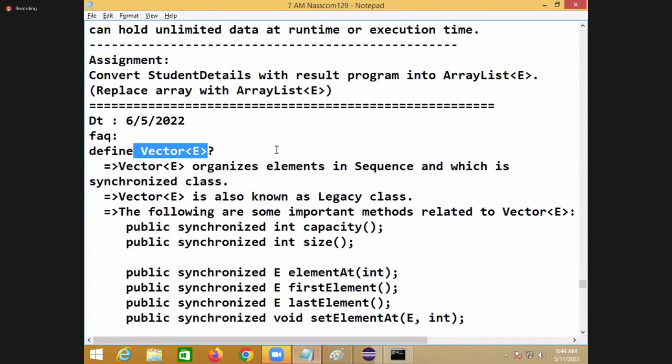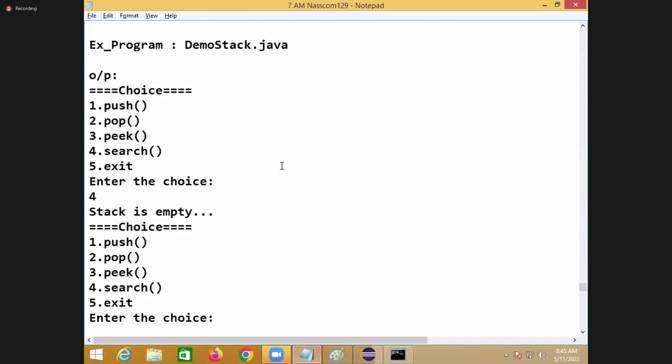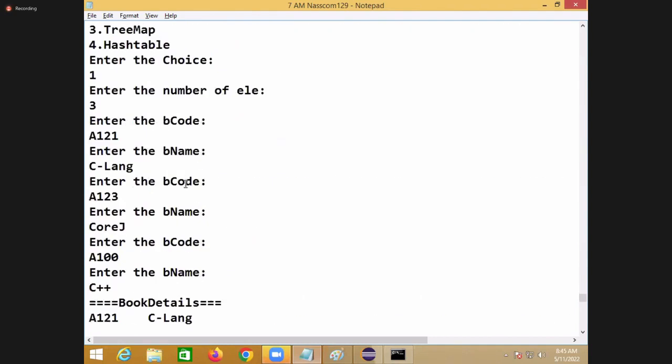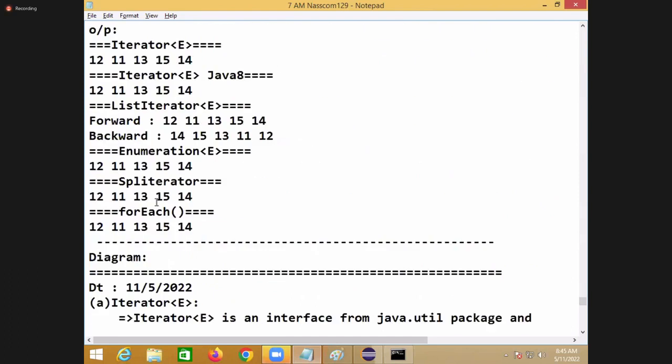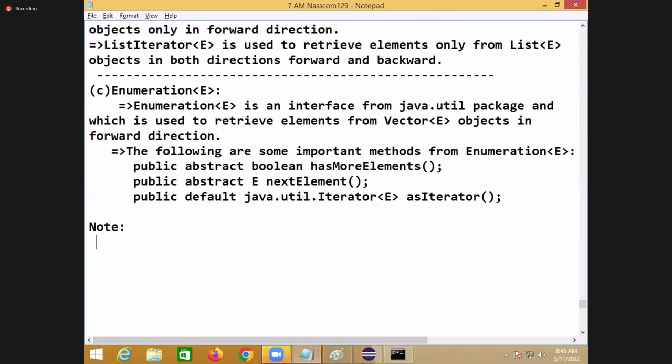Sir, vector holding elements gives the object of enumeration. Today I want enumeration now, so that is a link I kept. Today, if I want to create an object for enumeration, make a note: we use